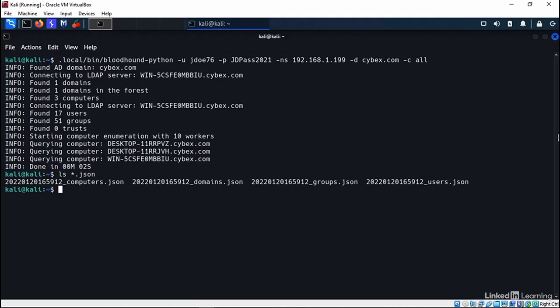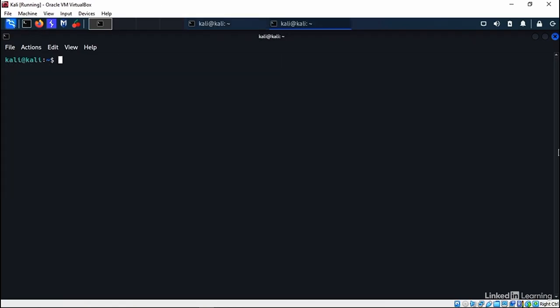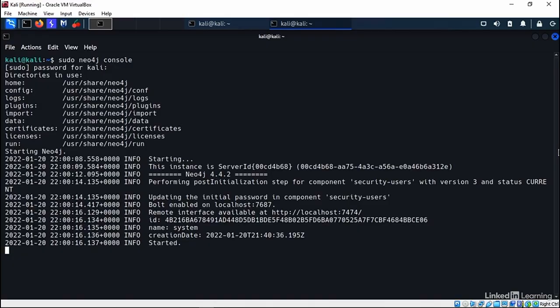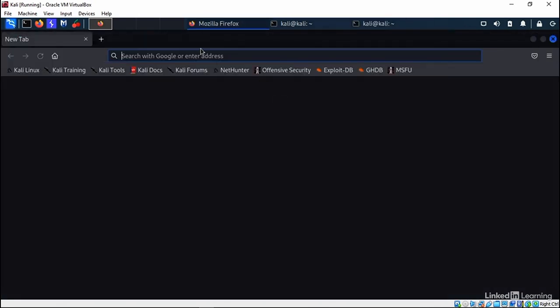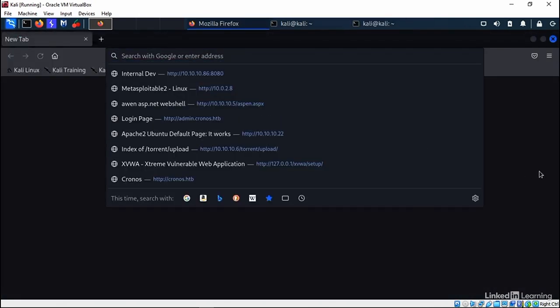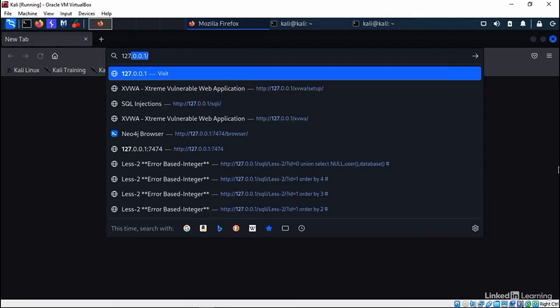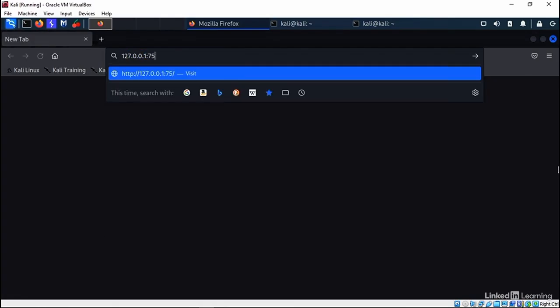Let's start Bloodhound now and go and look at the data. We have to start the Neo4j server first. So let's open a new terminal for that, and we'll enter sudo neo4j console. We need to change our initial neo4j credentials, and we do that by browsing to 127.0.0.1:7474,